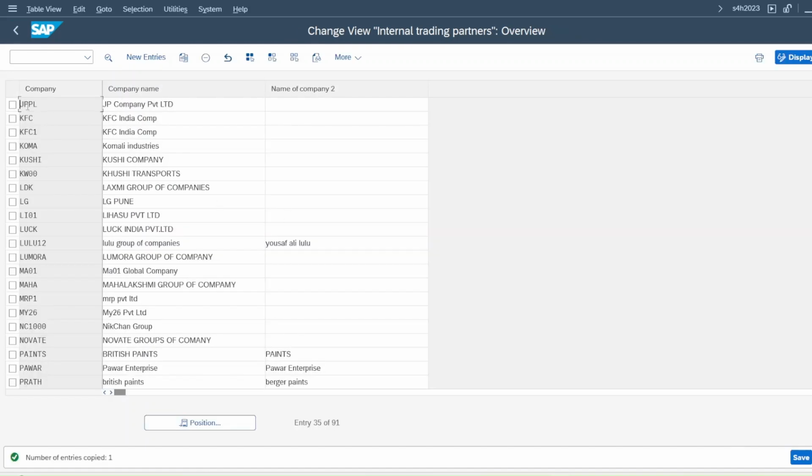When I started this project, once I copy that, I enter the data. The company is entered into this tabular field, and here I just have to save. Once I click on save,